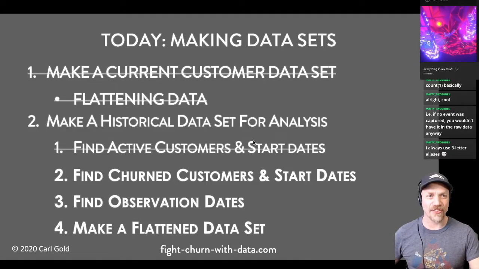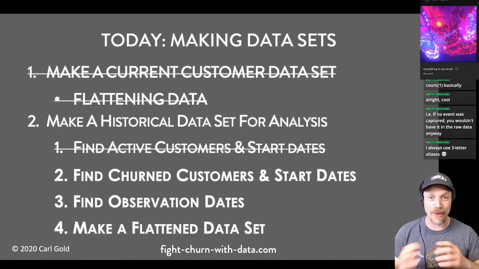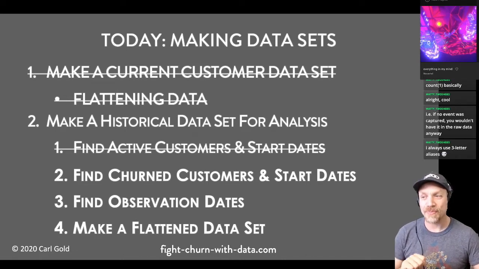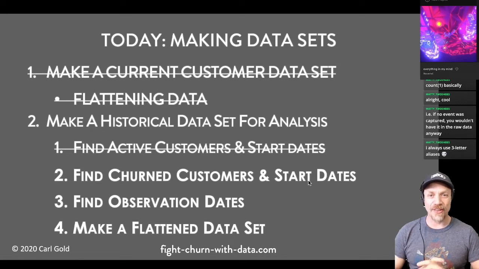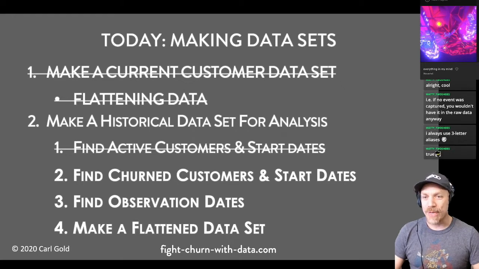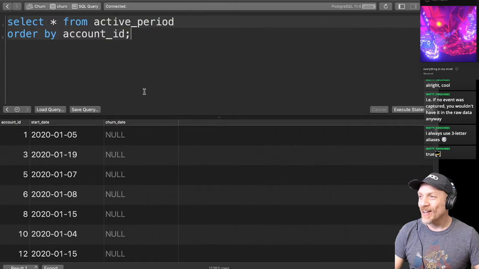Again, this is to situate you in this long process of creating a data set. Step 1 was find the active customers. Step 2 is finding the churn customers and the start dates. I should warn you that this is just about one of the gnarliest SQLs in the whole book. It's probably the second to worst. Because, hey, true data ninja, right? Let's do some real data ninja stuff.